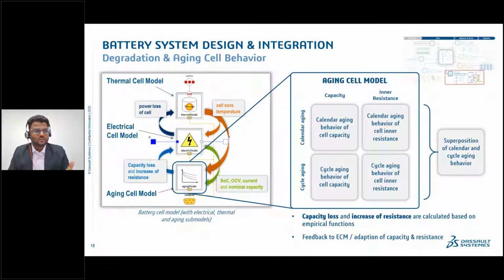So coming to the next block, which is the aging cell model. Within the aging cell model, we support both calendric and cyclic aging. Cyclic aging is a process where, depending upon the number of charge and discharge cycles that you're doing for your cell, your battery will eventually degrade, and this degradation can be accounted for using the cyclic aging simulation, while